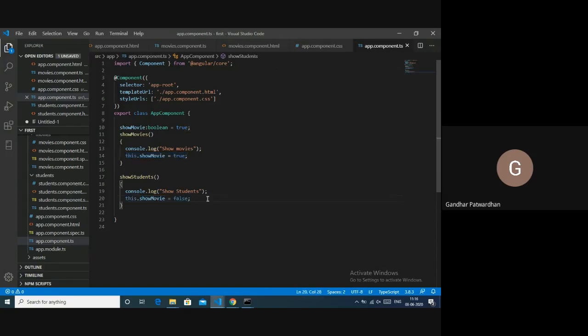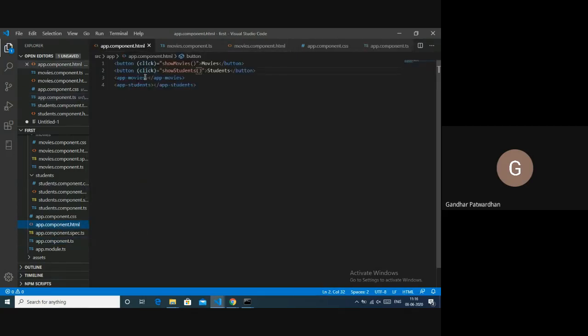Now we can use this data member inside our ngIf, which we did in our last class. So what I would do is, I would say *ngIf equals to show movie, and here I would say *ngIf equals to not of show movie.